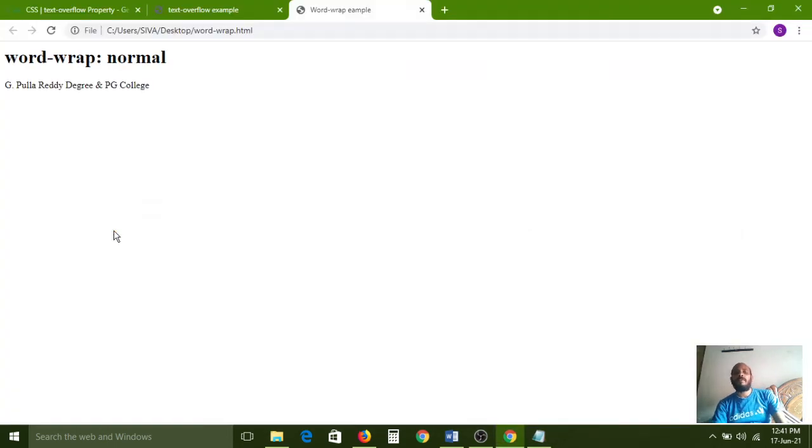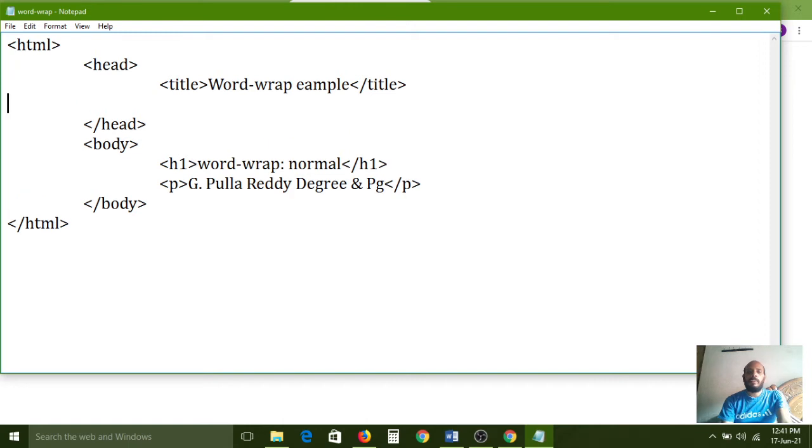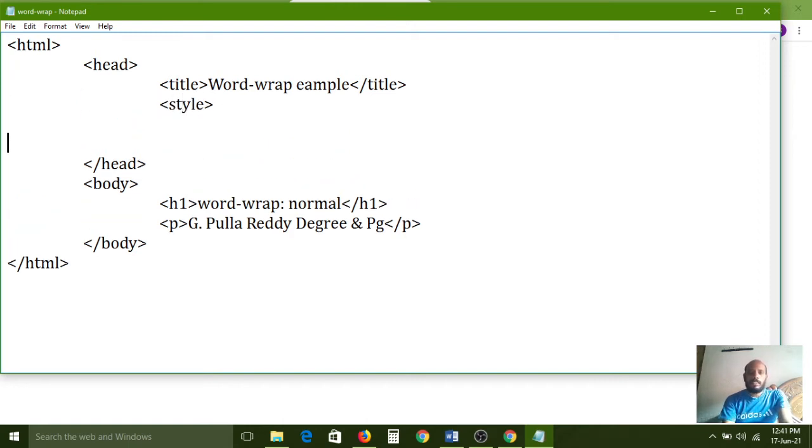So pure HTML, without applying any CSS properties or any word-wrap properties, is printed on the web page. Now I want to use CSS properties. In the head section, between the style opening and closing tags, we write our own styles.